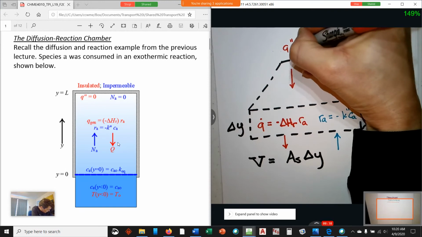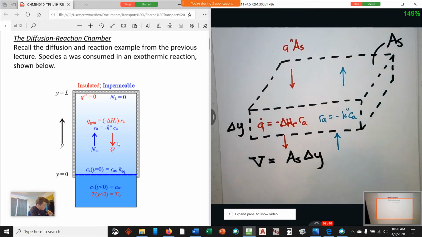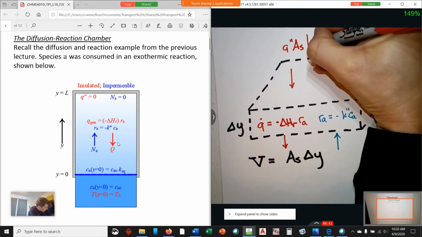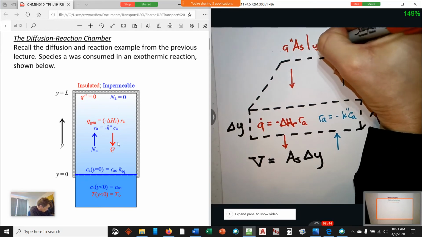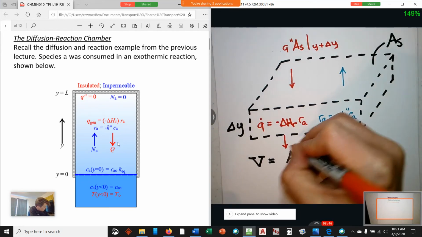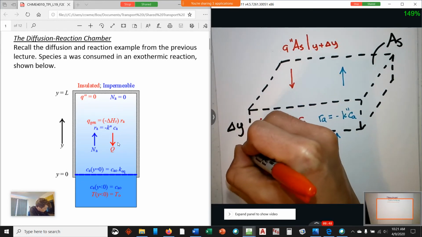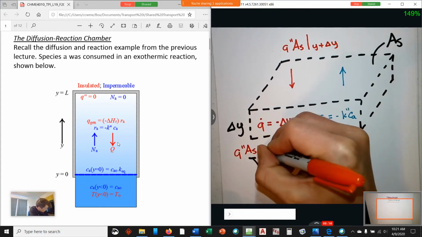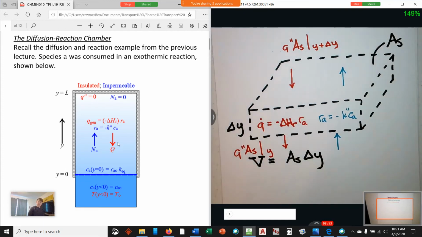So now what is actually flowing in and out of this system from farther away? We'll have the heat flux times the area, evaluated at Y plus delta Y. We'll have the heat flux times the area evaluated at Y coming out of this system. And for mass transfer,